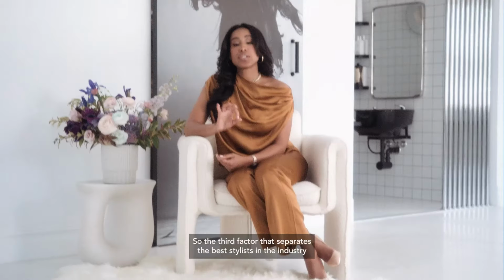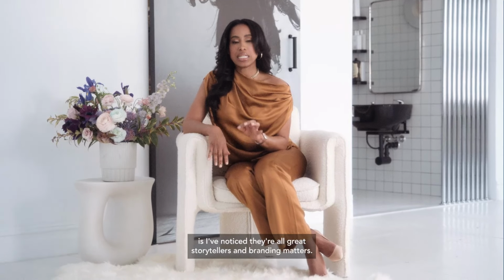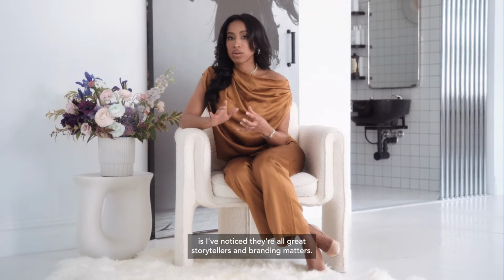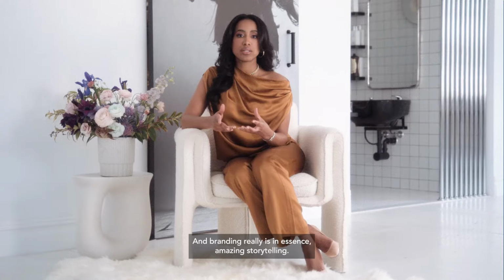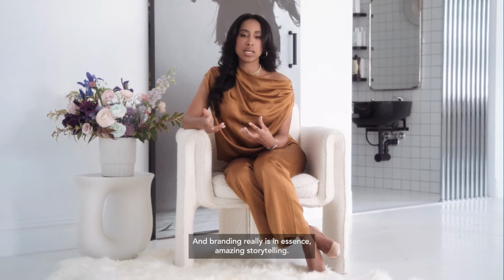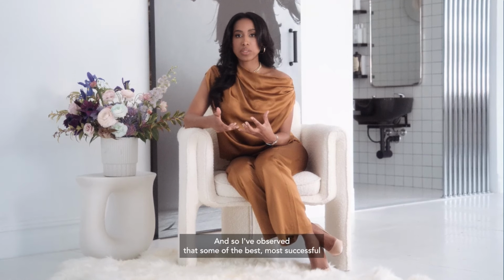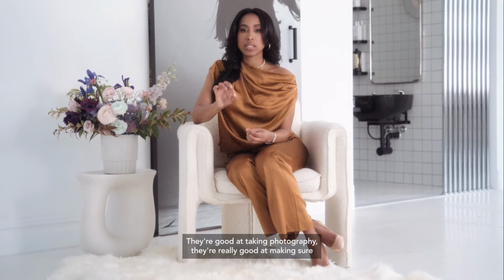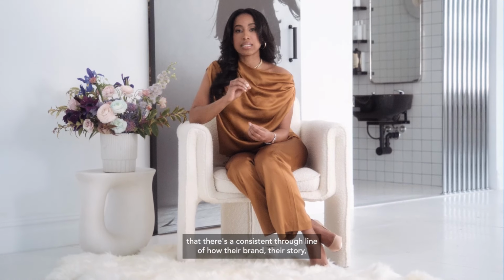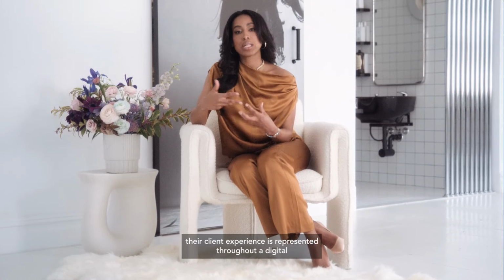So the third factor that separates the best stylists in the industry is I've noticed they're all great storytellers, and branding matters. And branding really is, in essence, amazing storytelling. And so I've observed that some of the best, most successful salons and stylists are really good at copywriting. They're good at taking photography. They're really good at making sure that there's a consistent through line of how their brand, their story, their client